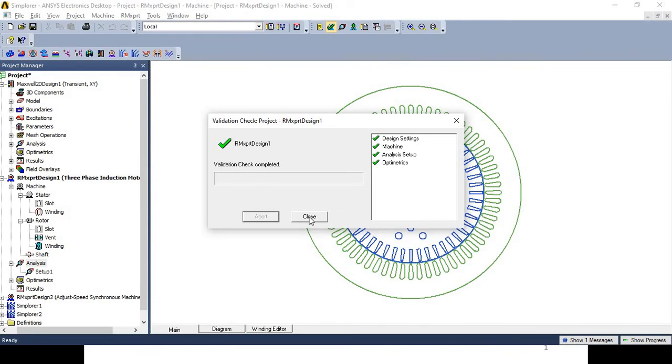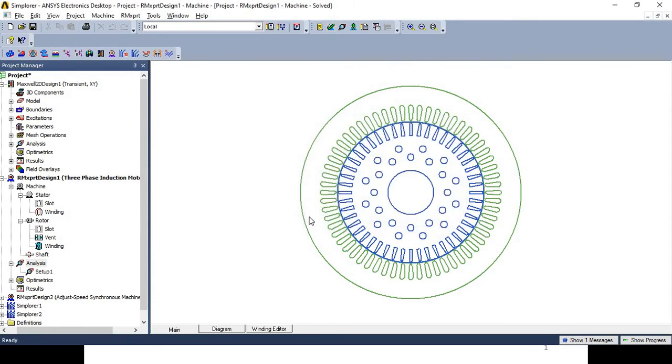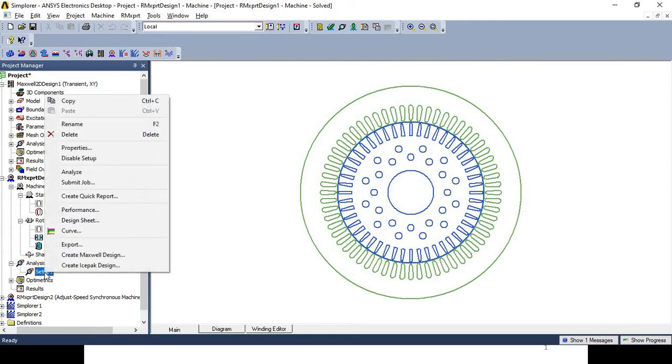Okay, so I will just close. And now the beauty of this software, that is which parameters you will get, although you had not manufactured the hardware model of this motor, you are just having the design values. Then also you can check the performance as per your selected design values. That is, whenever you right click on the setup option, you are having different options.